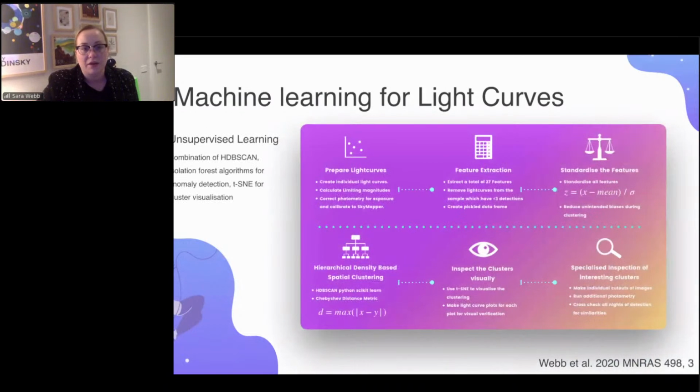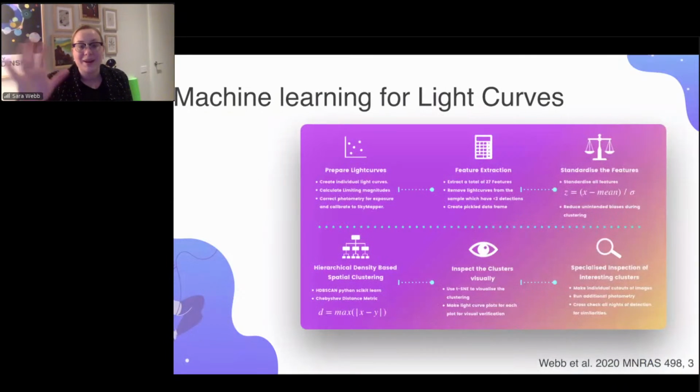So we have our 25 features. And this is where kind of the fun begins, because now we can try to cluster them. So we standardize all the features and then we pop them through this hierarchical density-based spatial clustering. And what this does is, it's hard to imagine because we work in 3 or 4 dimensions, I guess, with time, but we project all of those features up into a 25-dimensional feature space.